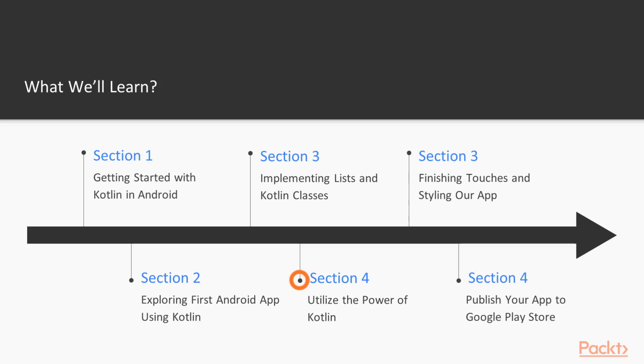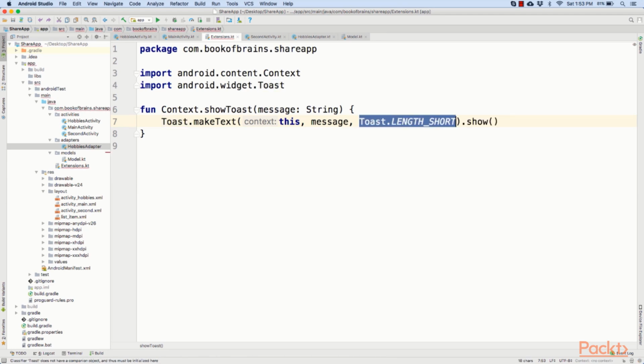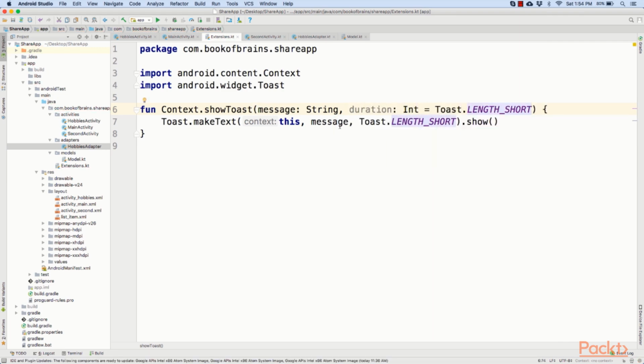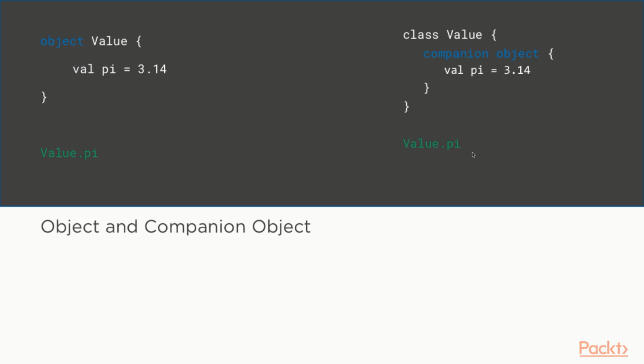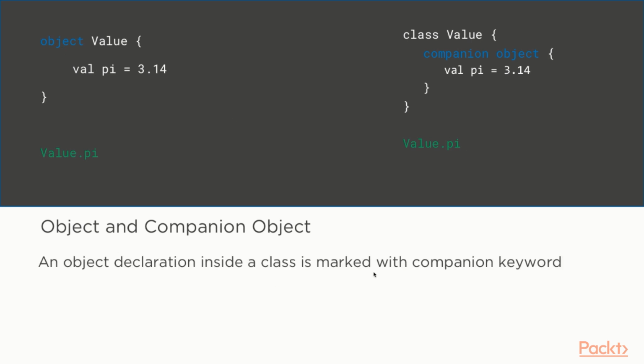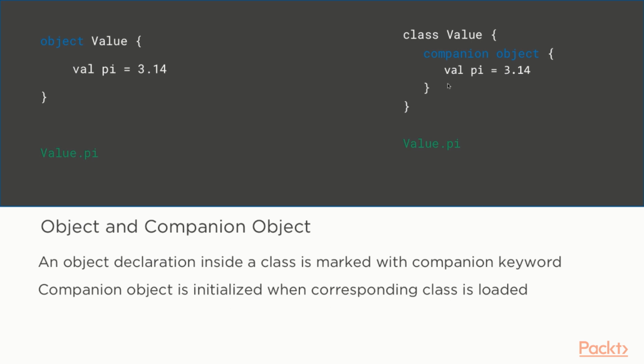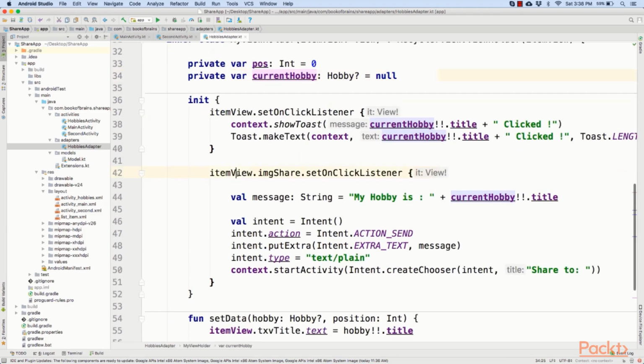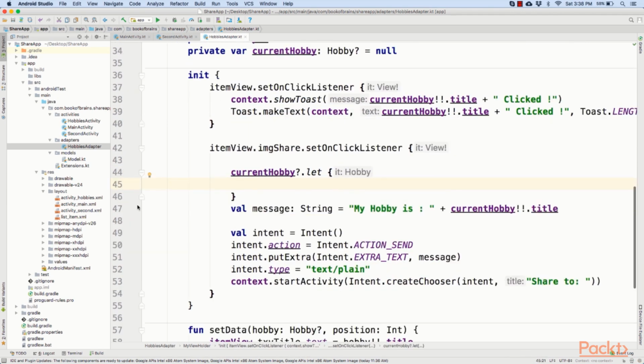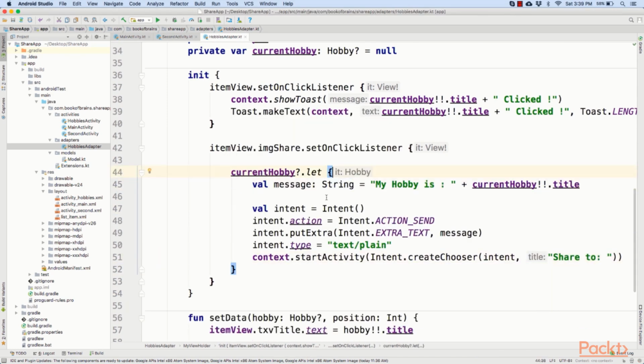Well, Kotlin is gaining exponential popularity day by day due to its concise and expressive code standards. So under this section, we will together leverage the power of Kotlin and use its features in our Android application. We will explore features such as extension functions, companion objects, default parameters, higher order functions and lambda expressions, and also how to get rid of null pointer exceptions by using the null safety operators available in Kotlin, and thus make our application more robust.